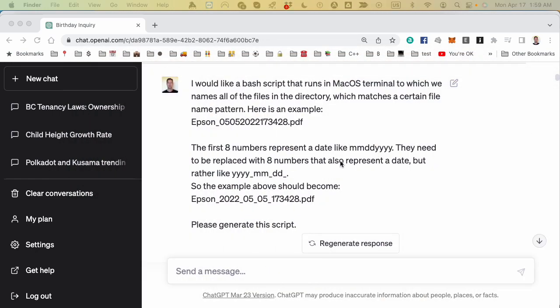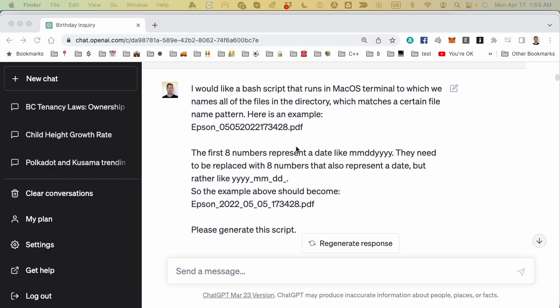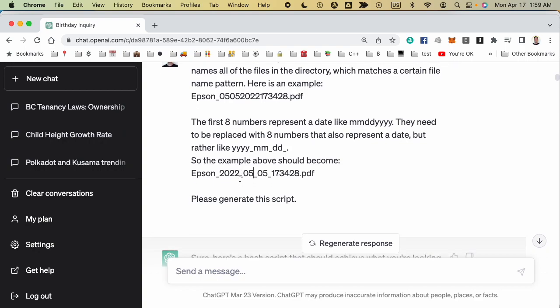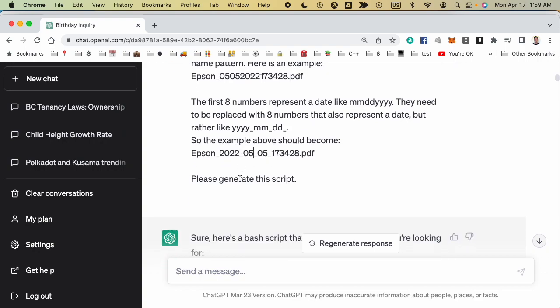So anyway, I said, yeah, please create a bash script that runs in macOS Terminal that will take a file name like this and then spit it out like this, and also put underscores between the year, month, and day to make it a little bit more visually easy to read. And anyway, so from there,